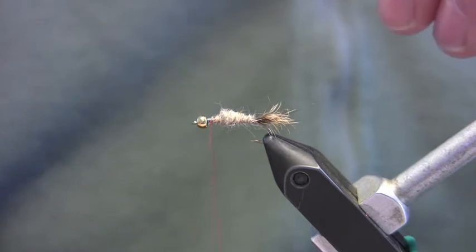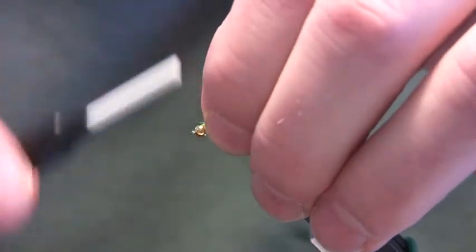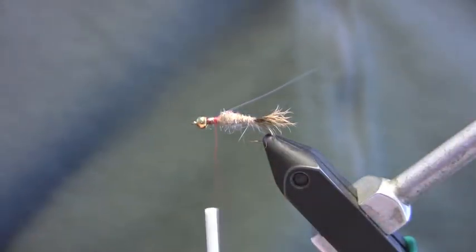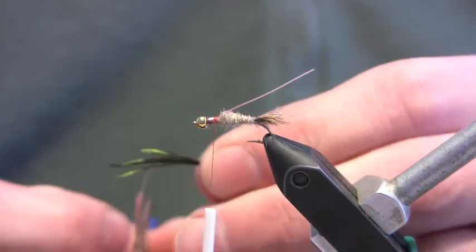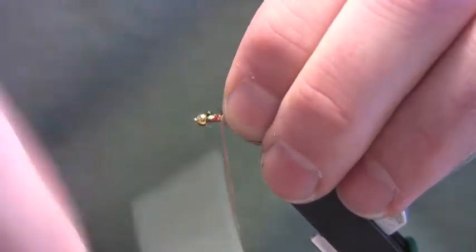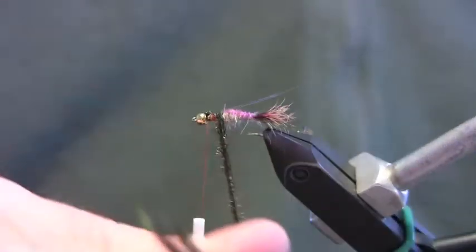Now we will take some Burl Mylar for our wing case, tie that in right behind the bead on the center of the hook, and then I'm going to take about 4 strands of peacock curl tied in by the tips. I'll trim the tips out, mount it there behind the bead, wind my thread back, bring my thread forward to just behind the bead, and